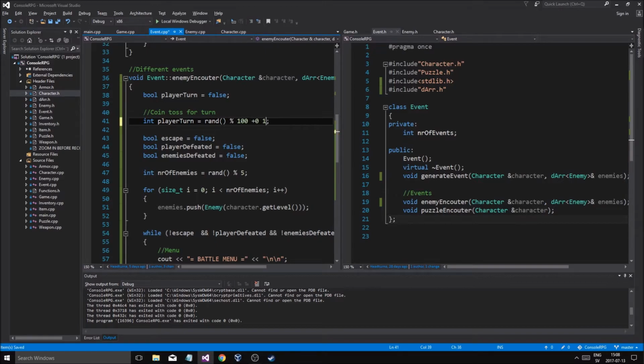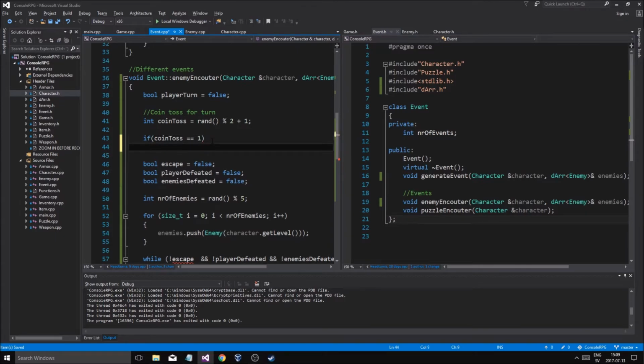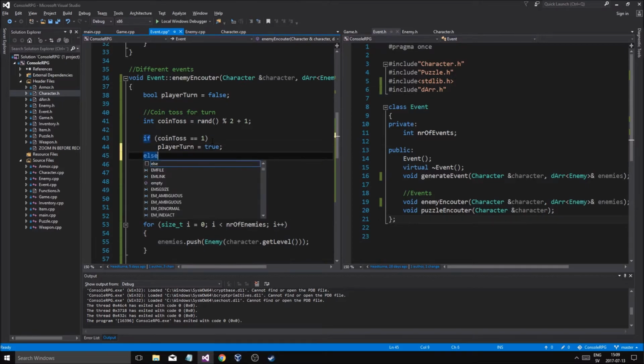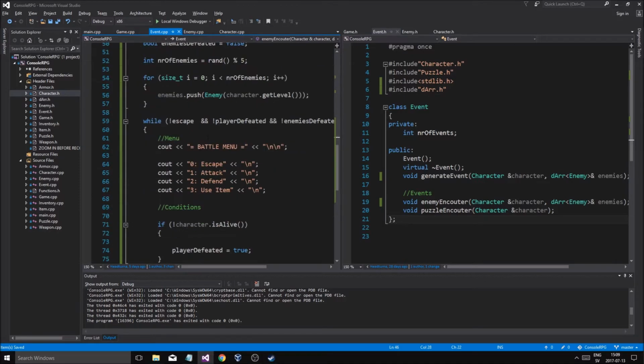So from 1 to 100, if coin toss, or 1 to 2. If coin toss equals 1, then player turn equals true, else player turn equals false. So there we go. So we coin toss for the turn, we'll see whose turn it is, and then while